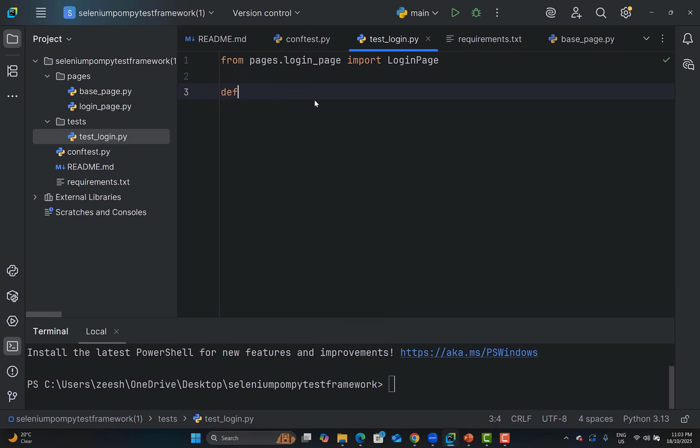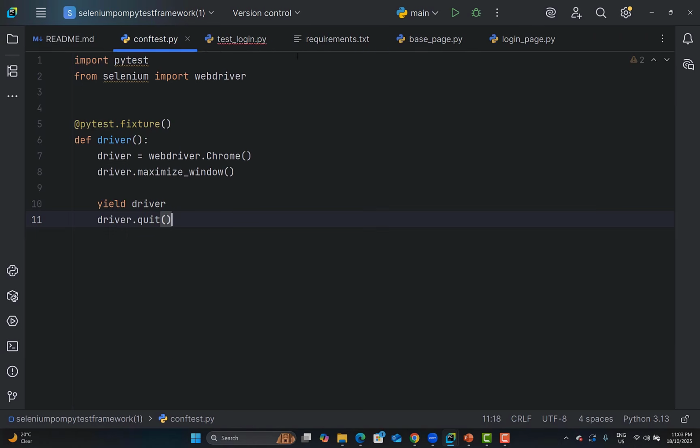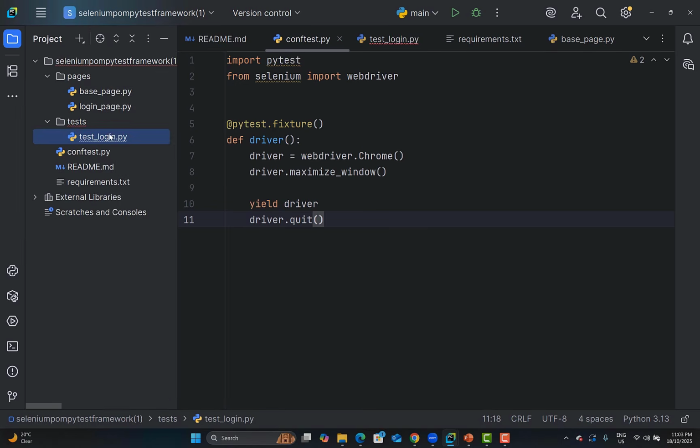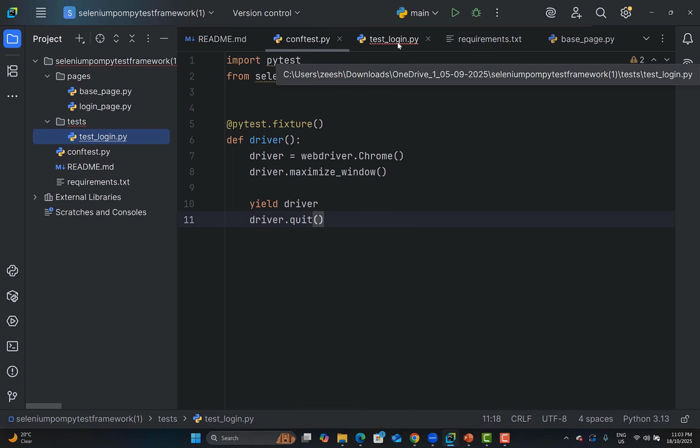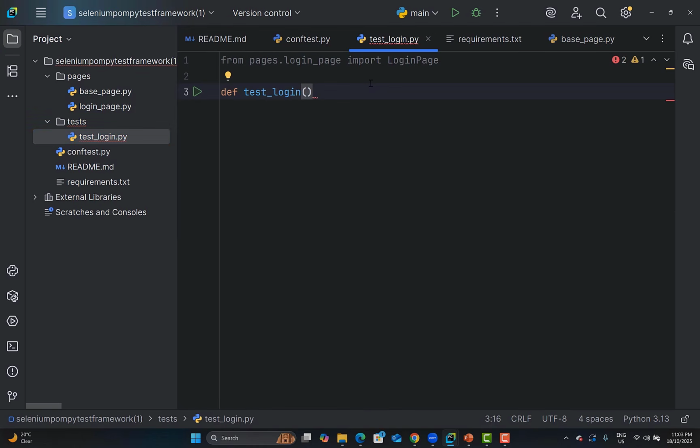So def test underscore login, and now in order to execute the test, we basically need a driver, and that driver is configured here as a fixture in this particular file, which is the conftest file, right? So this is the file where we have this one. So simply in test underscore login, we need to pass our driver,